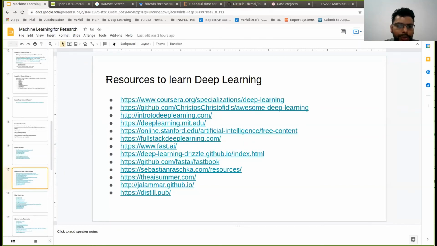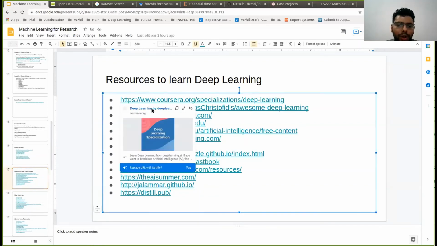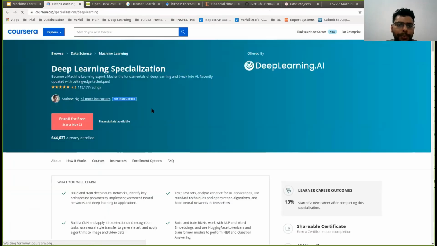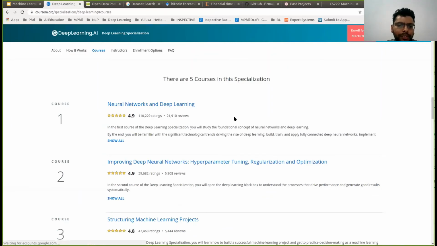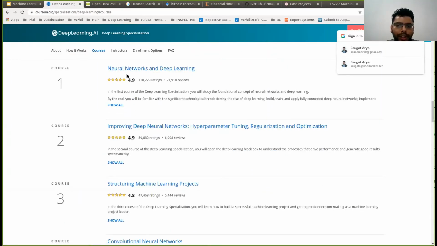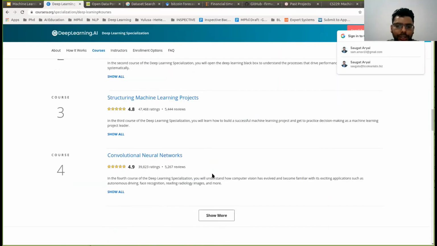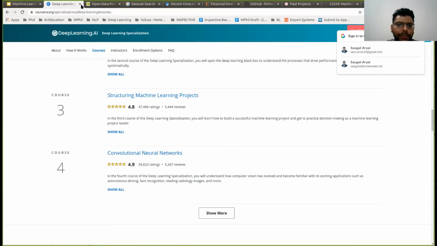Yeah, so these are some of the resources that I have listed down, so you can go through them. If you want to learn more about deep learning, starting from the concepts to some advanced deep learning, different resources are there. Some resources are from MIT, and then there is this Coursera specialization. This is mostly common among the people who are starting with deep learning. If you go to the deep learning specialization courses, they have different courses with different things. So this is one of the go-to courses for deep learning.